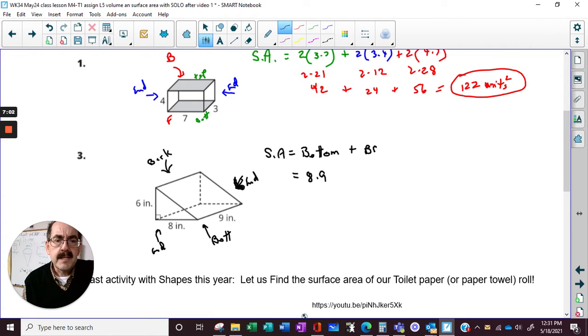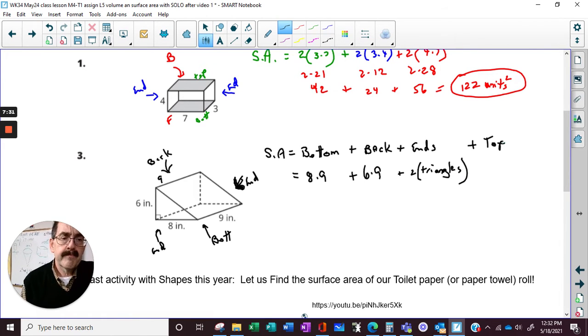The back is easy. 6 times 9. Okay, now these ends. The ends are 2 triangles plus the top. And this top,